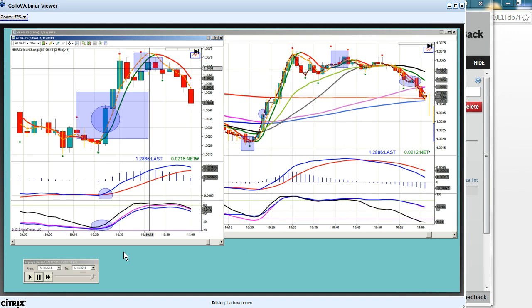Now, I'm not going to take that one. It's on the wrong side of the HMA. I'm going to wait. Things are about to come back down. I'm going to wait for it to go red. Now it goes red in the right position. And now you see second candle here, 1054. I'm ready to rock and roll. So you're using your 3 minute to confirm what you think could be good on your 1 minute. So wait for your 3 minute to confirm. Your 1 minute will just give you a heads up.